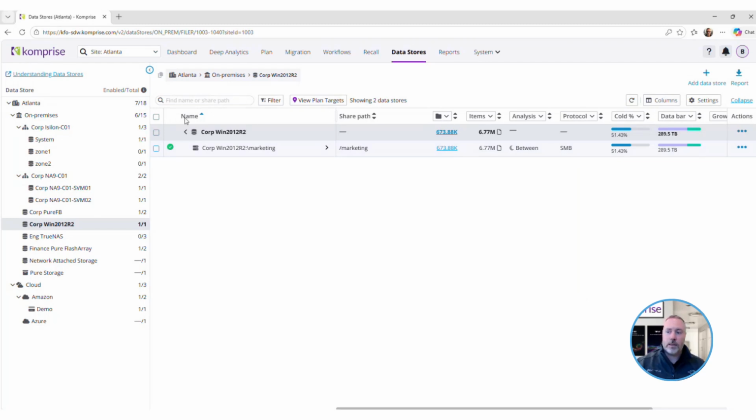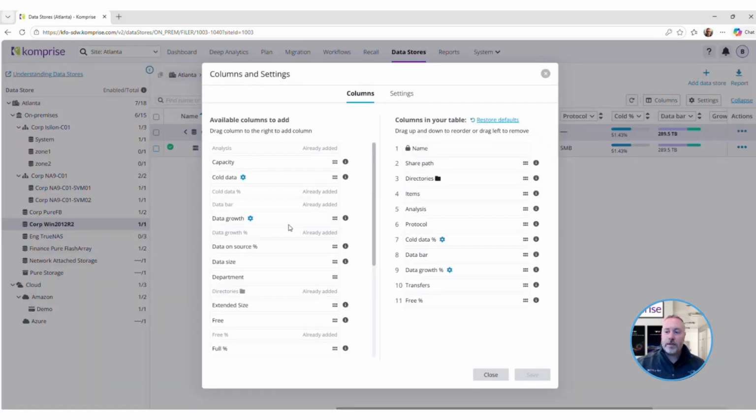Speaking of statistics, let's go to columns. So all of these columns at the top here are customizable on a per user session. So I'm going to click on columns, and I get to bring over whatever I want from the left side to the right, or take things away by dragging from the right to the left. And for migrations, I like to order this so that I get to see the share path first. The share path is not the share name, because I already have that. It's the actual relative path it is on the cluster, on the server, whatever it might be. That helps me understand